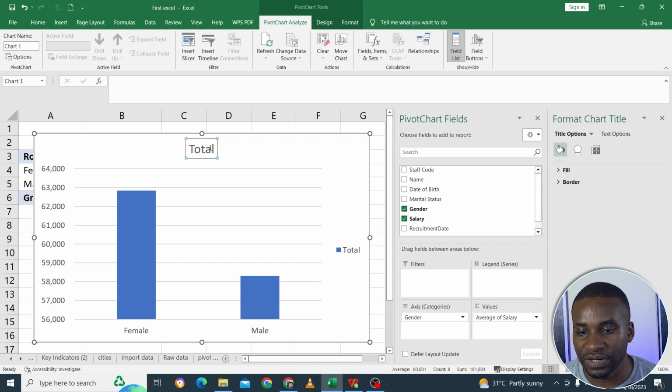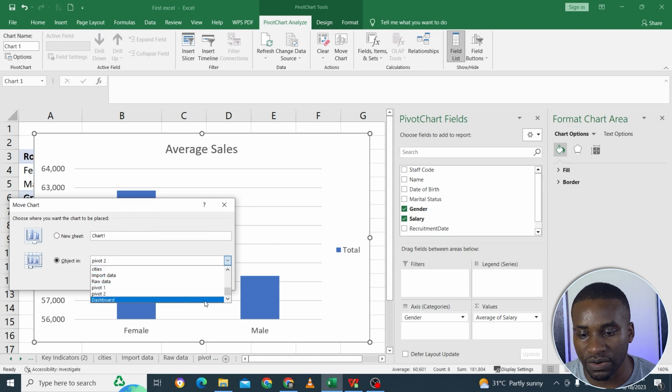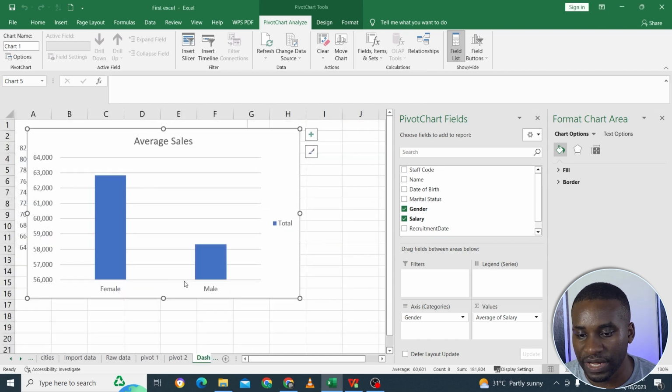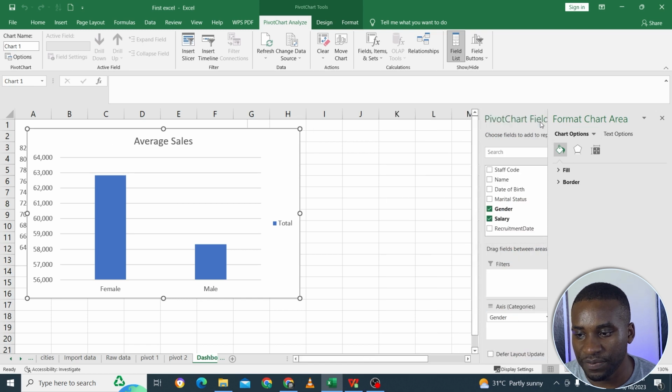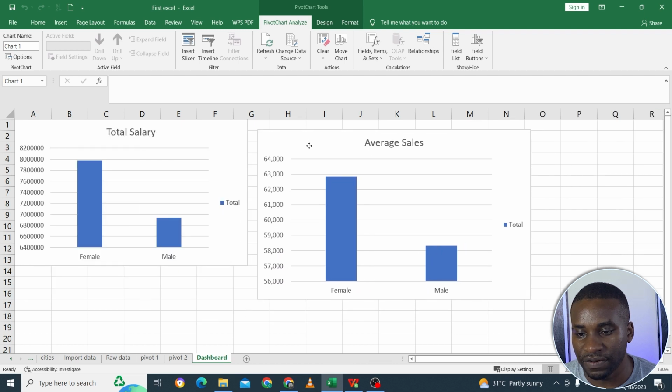Then now we can call this now average sales, for example. And then when we click here now, we can now go to move chart. So we can move the chart to, again, where? To the dashboard here. So you click on OK, and then you click on OK here. So that's the second chart. Let me just close this here, close this one. So we have this now here, for example,